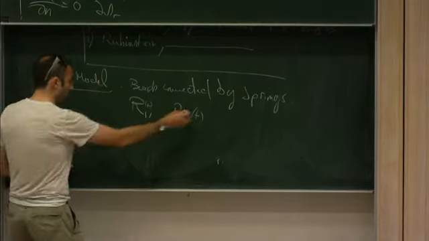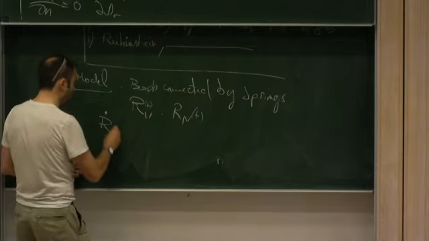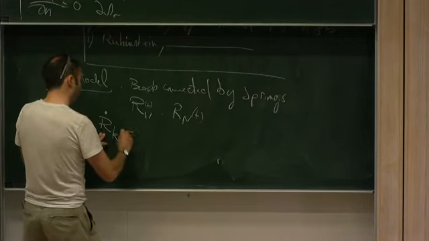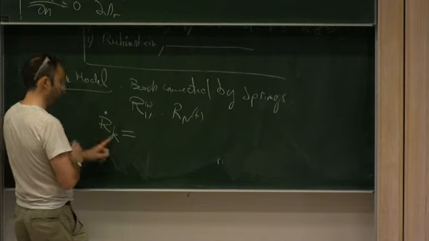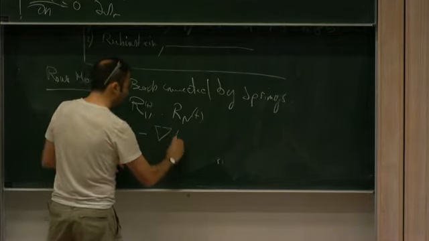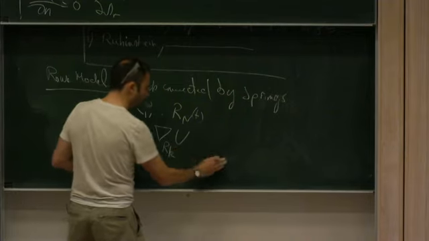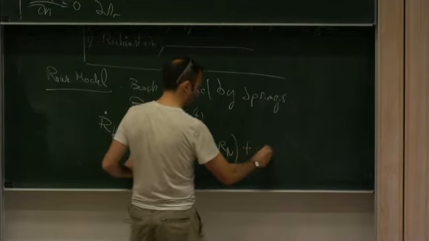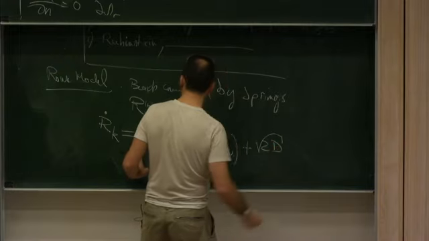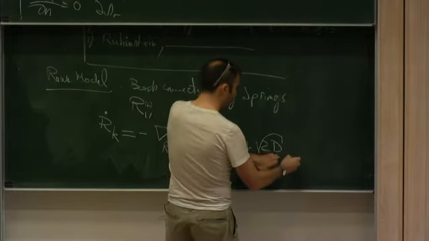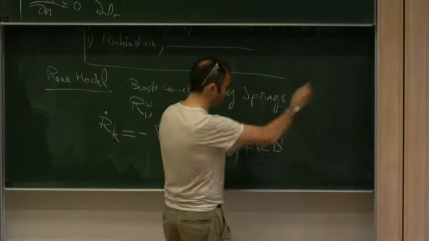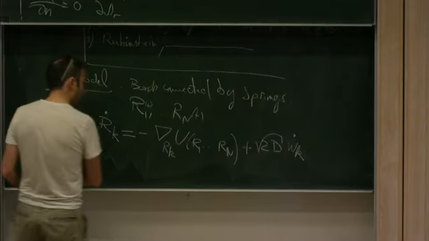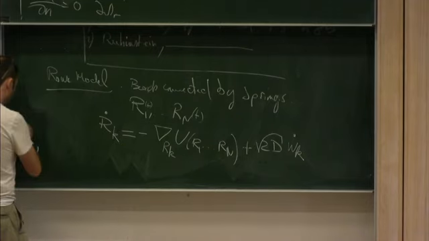So we took the Smoluchowski limit of the Langevin equation, which is the classical version. So you have an equation for the derivative of the position, which is the velocity, equal to minus the gradient with respect to Rk of the potential, which I'm going to write in a second, plus noise, square root of 2D. Let's suppose D is a diffusion constant for this bead, which is constant along your polymer, times your Brownian noise. And U of R, which is the energy,